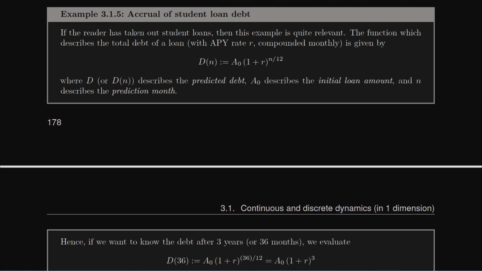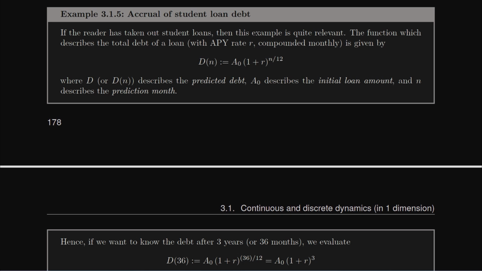And a classic example, it's probably going to be quite pertinent to anyone watching this, is the accrual of student loan debt. We already experienced exponential growth with the population of bacteria in the previous section. But in this section now we're talking about accrual of student loan debt. Student loan debt's only going to accrue in discrete time steps, right? Because it gets compounded monthly usually. You're going to make a new payment every month, but you also get a new notification of how much you